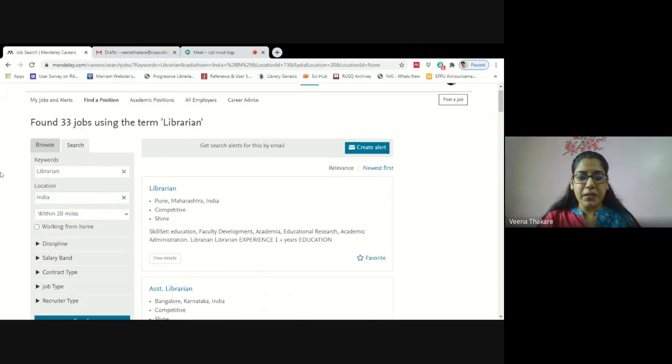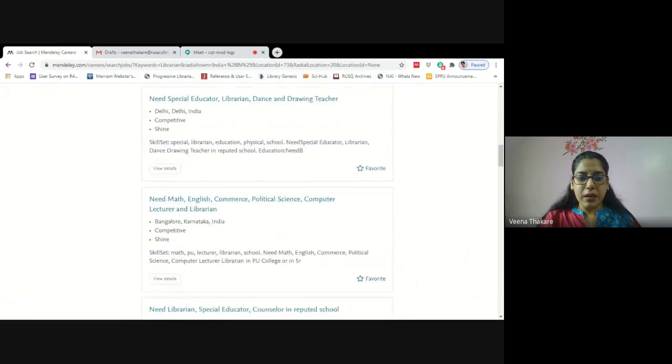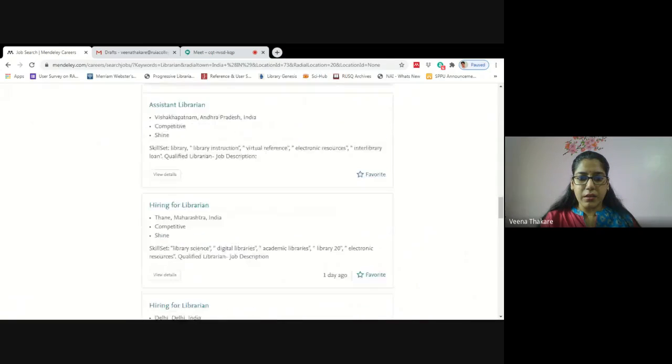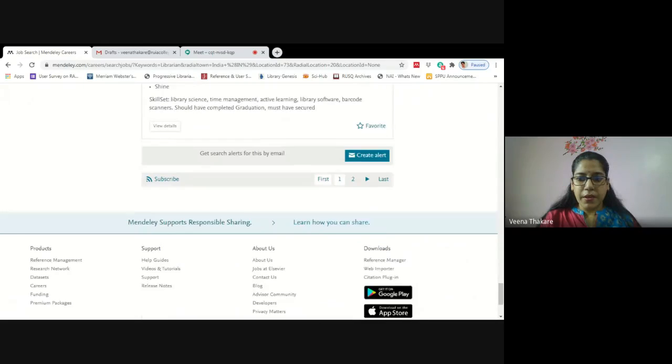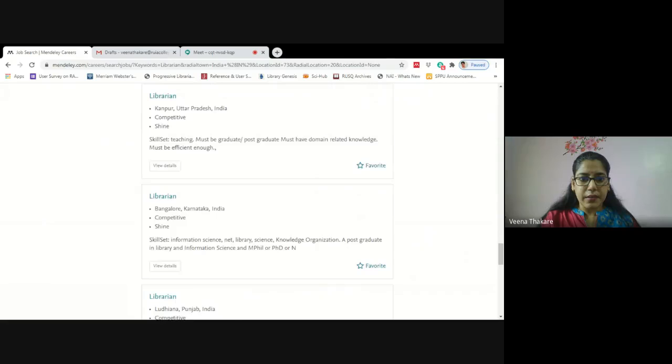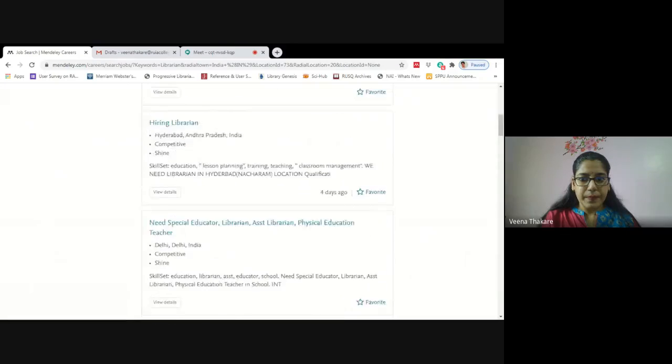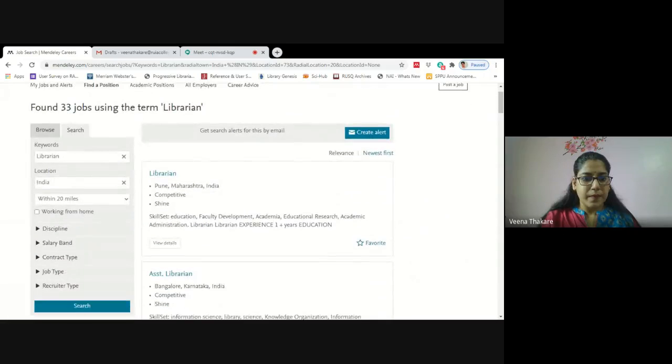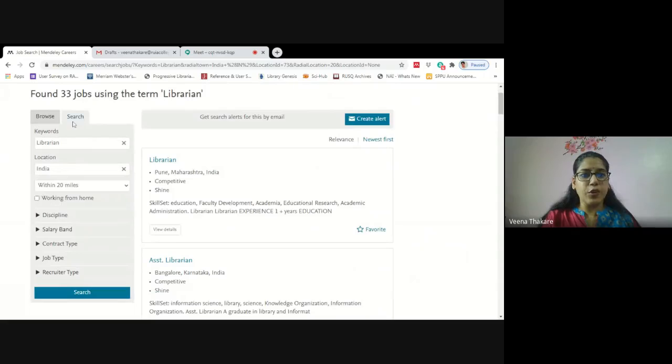Immediately it is giving me all these results. Found 33 jobs. It found 33 jobs in India for librarian. One is at Pune, one is at Bangalore. So this can help us do that.